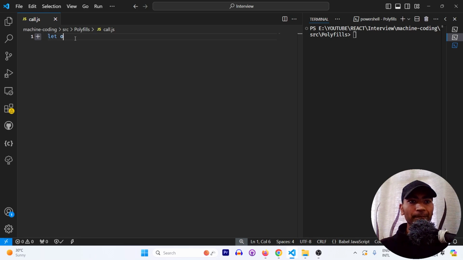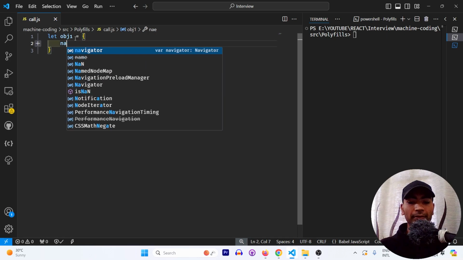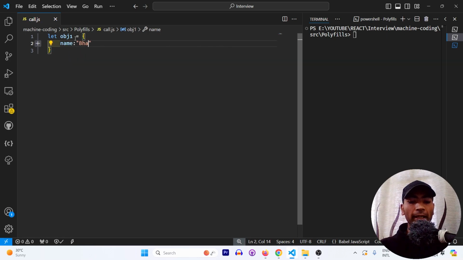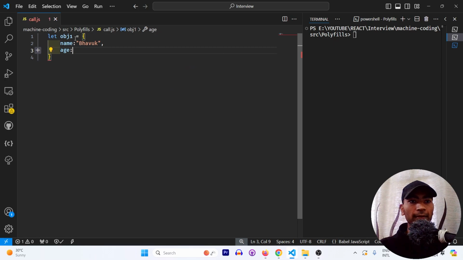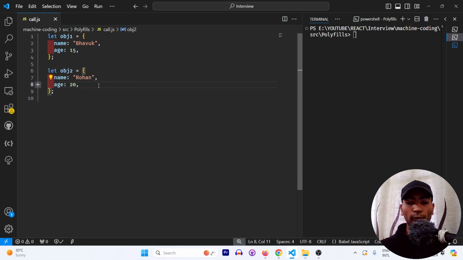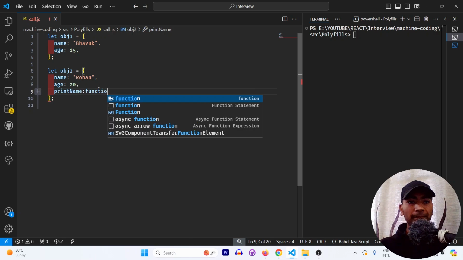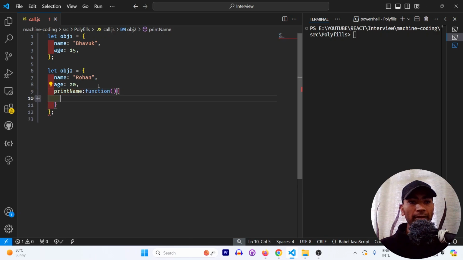I'll say let obj1 is equal to name. This will have my name and this will have an age. Let's say 15. I'll say let object2. Also inside this I will have a function called printName, that will basically console.log my name is